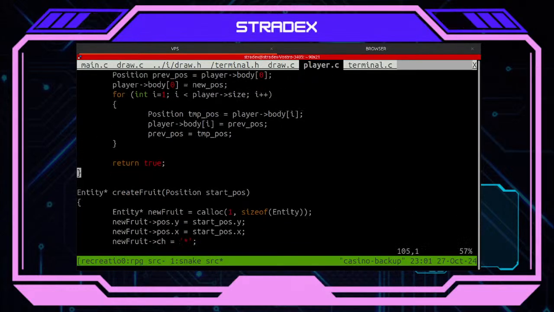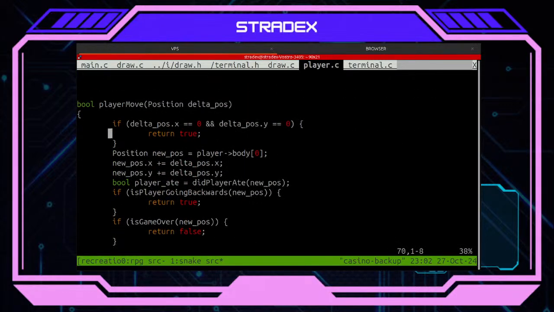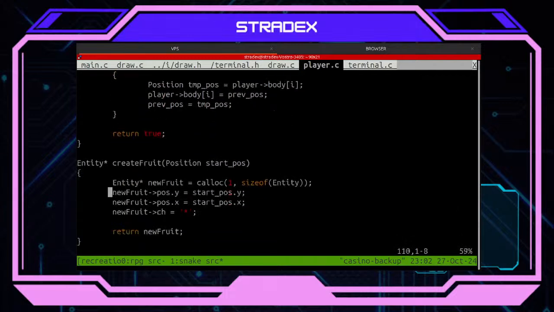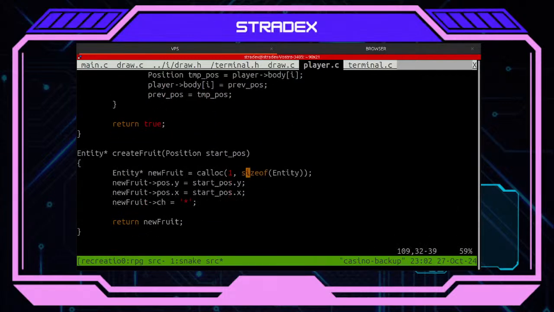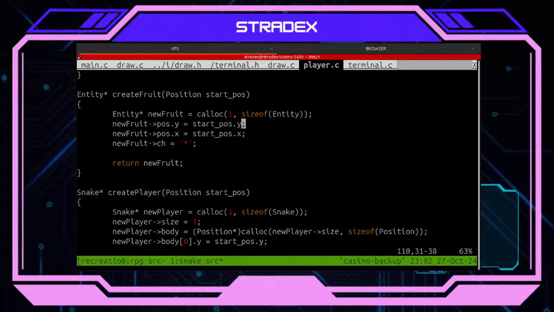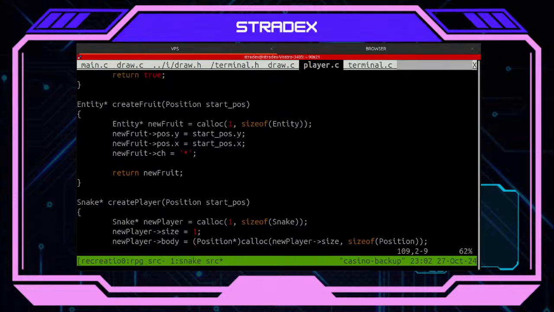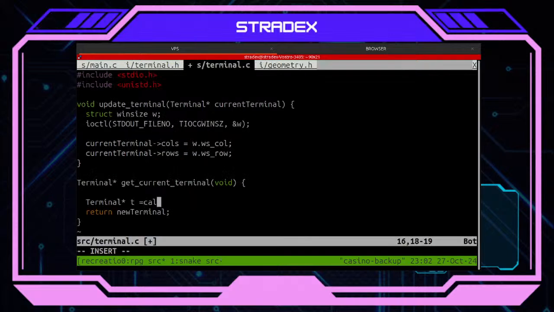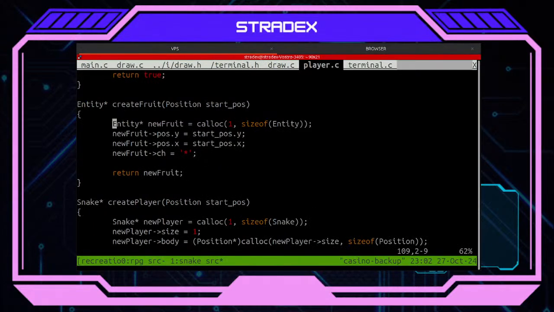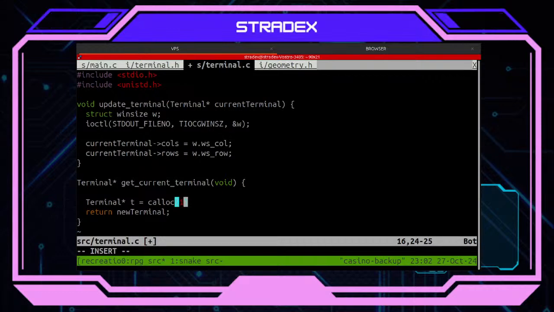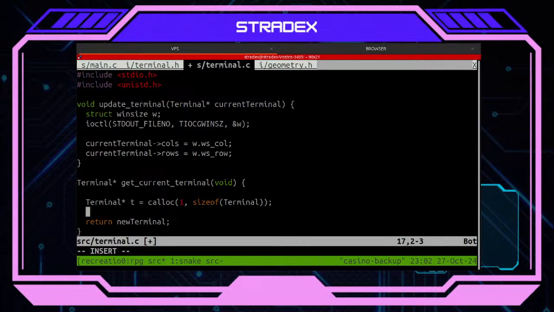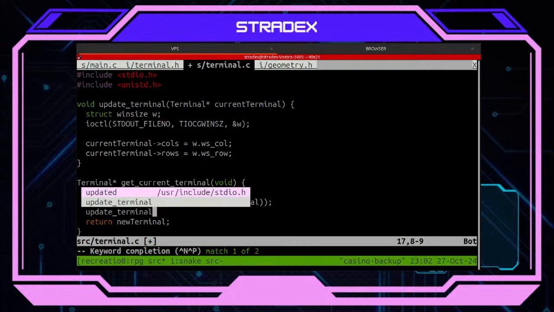So I want to use calloc to create a new one. Calloc, size of terminal.